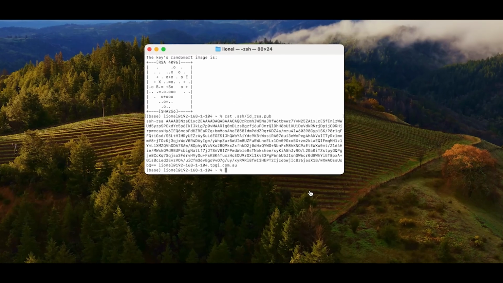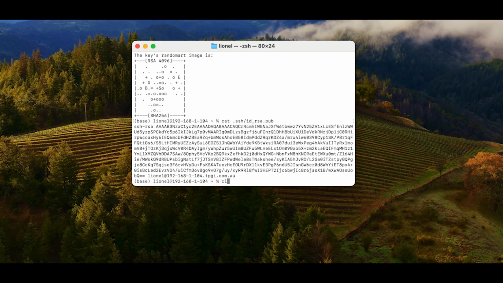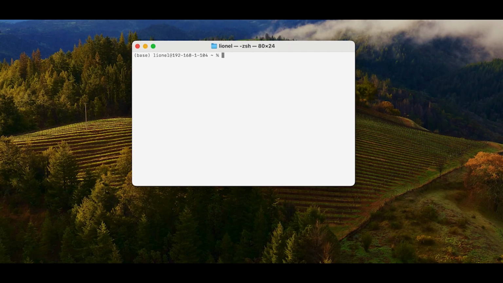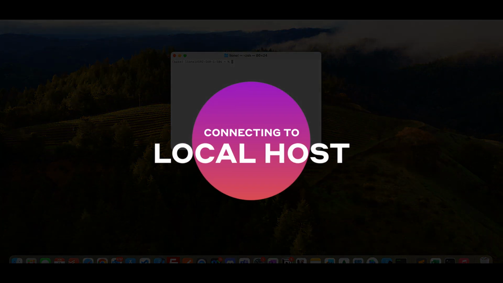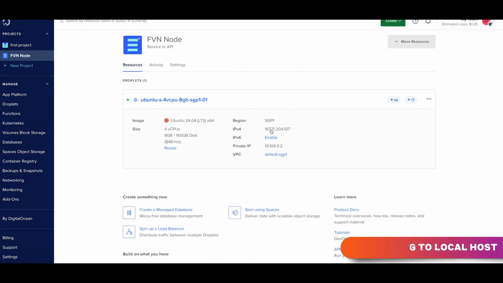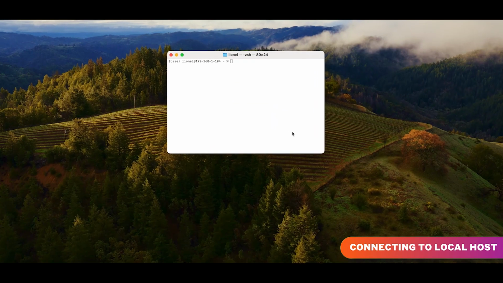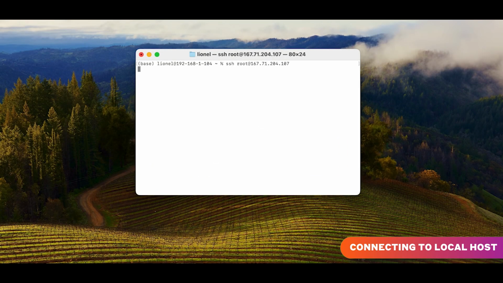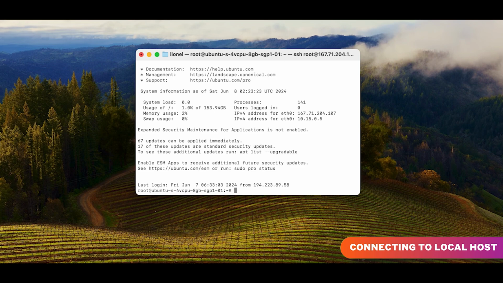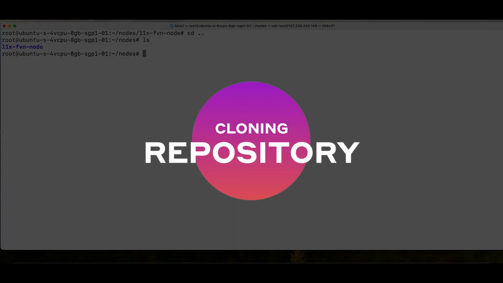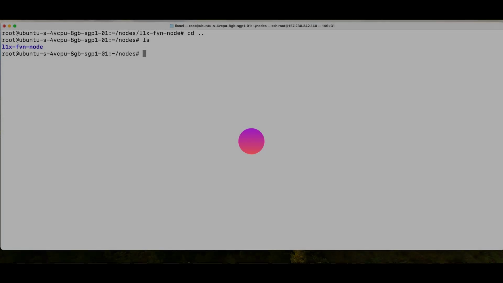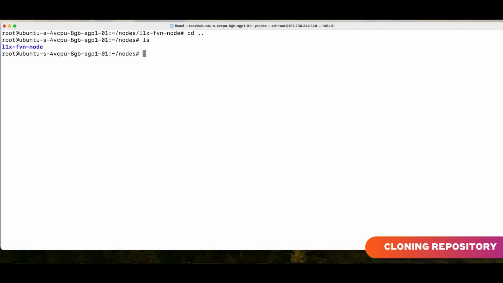Now let us log into our host. So let me clear the terminal, and then I'll go back and copy my public IP that's ending with 107. I copy the IP and go back to the terminal and I paste this command. Once I paste this command and hit enter, it should display a screen like this, and you can see root at Ubuntu. Now, once you have cloned the repository, you should be able to see a folder L1X Full Node,